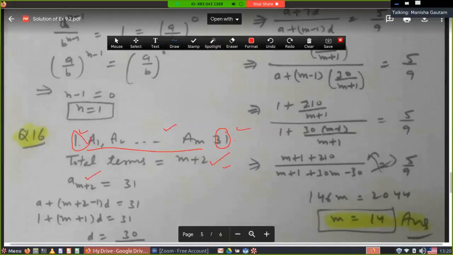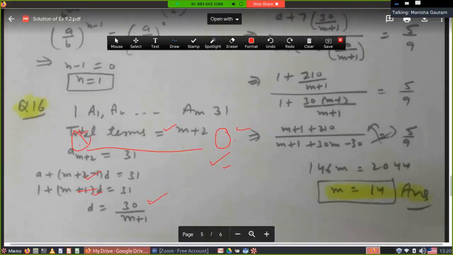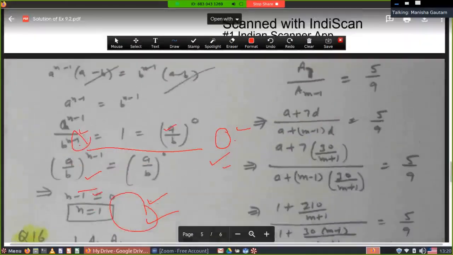The m plus 2th term is a plus n minus 1 into d, so with n equal to m plus 2, it means m plus 2 minus 1 into d is equal to 31. Find the value of d from here. You will get d equal to 30 upon m plus 1. Now next is written